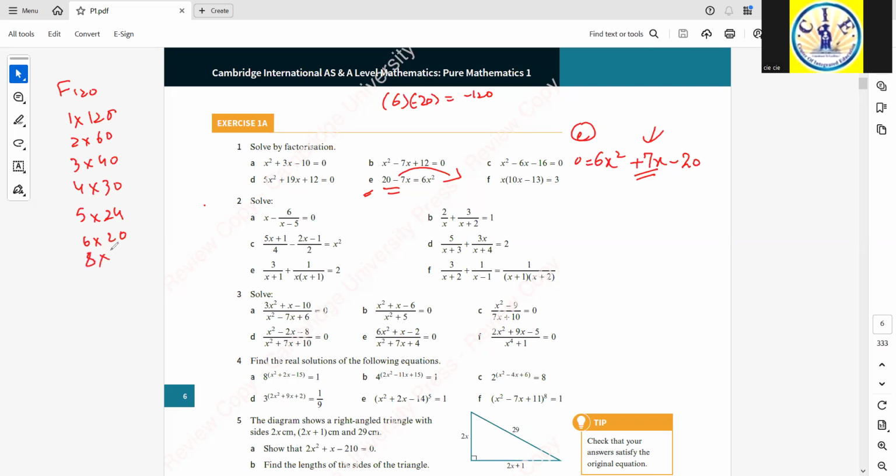So 15 and 8. Okay, positive 15 minus 8. That would give me positive 7. So yes, okay. And their product, positive 15 times negative 8, that would give me negative 120. So both my conditions are fulfilled. So I have digged out the factors to be positive 15 and negative 8. So let's solve them